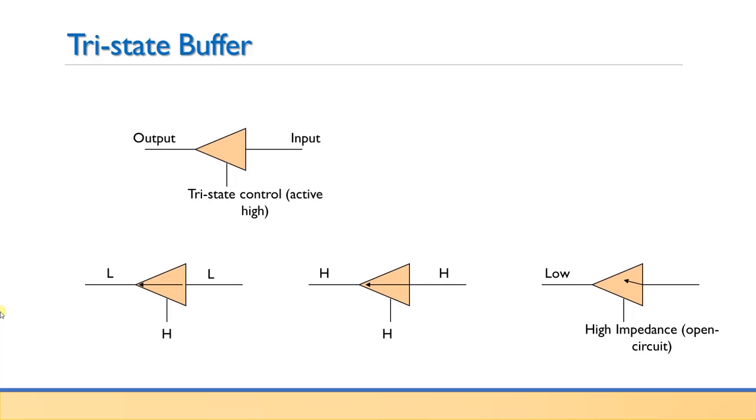This is the input, there is an output, and there is a tri-state control signal which is an active high signal. So whenever this tri-state control signal is high, whatever data is present at the input will be available at the output. You can see this in the first two figures. Here when this is high, this low is available at the output. Again this is high, this is active, so this high signal is available at the output. But if it is low, it is in the high impedance state, it is as good as an open circuit, and the signal at the output irrespective of the input will be low. So this is the tri-state buffer which is used in the circuitry.